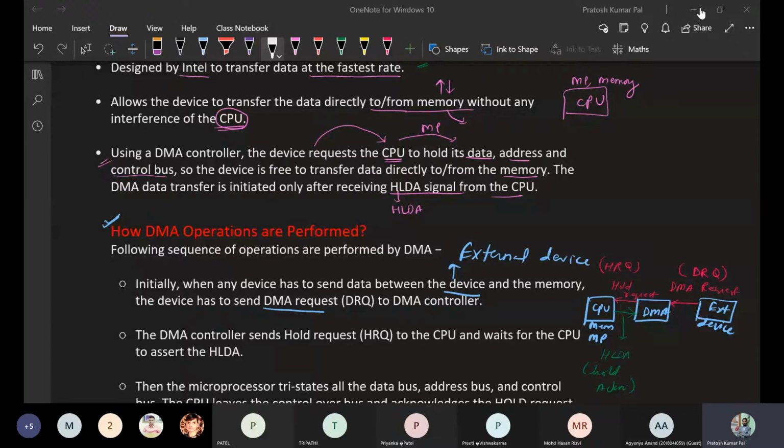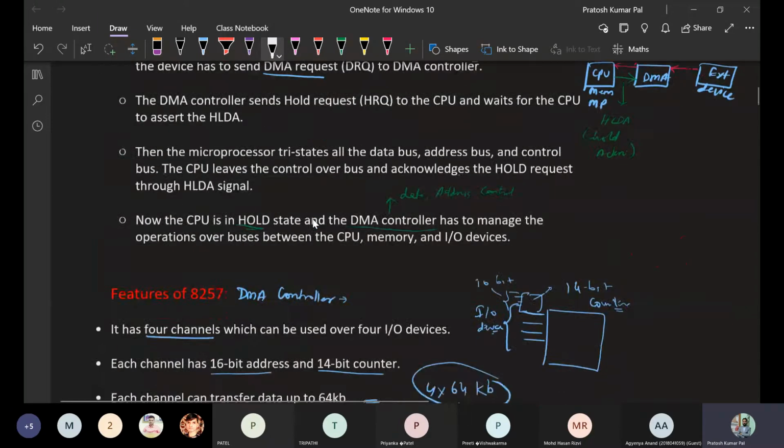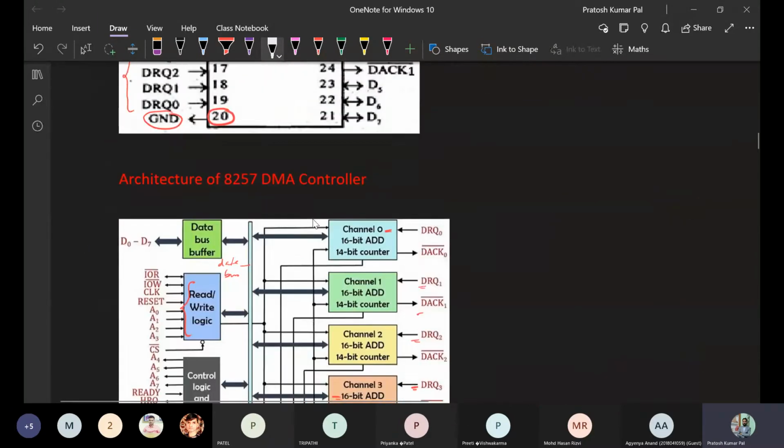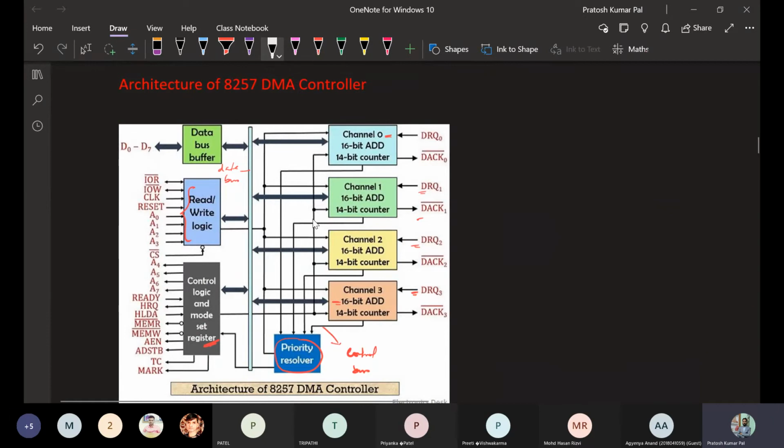So in DMA controller, basically we have seen what are the features of DMA and how the architecture of DMA controller is there and how different functionings are performed. So data bus, read write function, and different channels it is having.